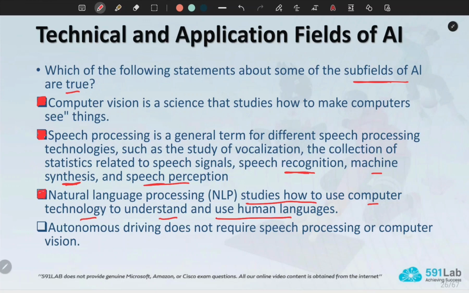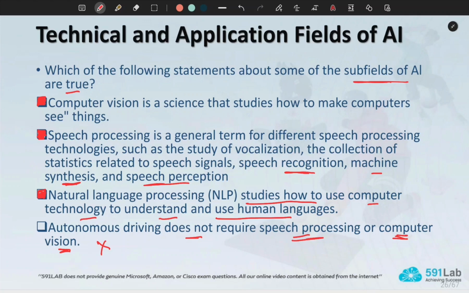The last one, autonomous driving does not require speech processing or computer vision. This one is incorrect. Of course, autonomous driving requires speech processing and computer vision, because speech processing helps the driver interact with the car, and computer vision is essential for the car to see its surroundings, the cars around it, and the road.